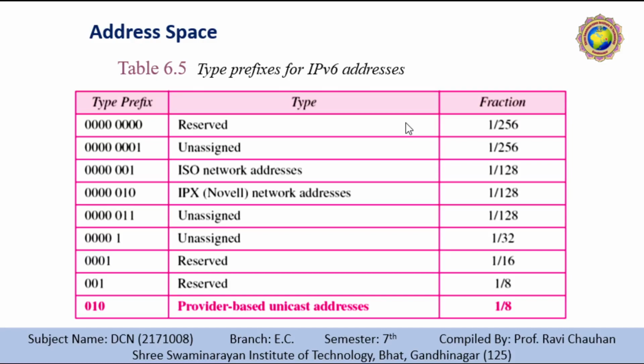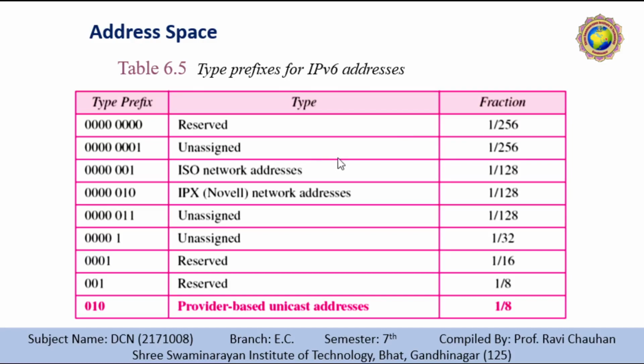Okay, so what is the address space in our IPv6? IPv6 has a much longer address space, with 2 raised to 128 addresses available. The designers of IPv6 divided the addresses into several categories. A few of the leftmost bits, called the type prefix, define the category of the address. The type prefix is variable in length, but it is designed in such a manner that no code is identical to the first part of any other code. In this way, there is no ambiguity. When an address is given, the type prefix can easily be determined.